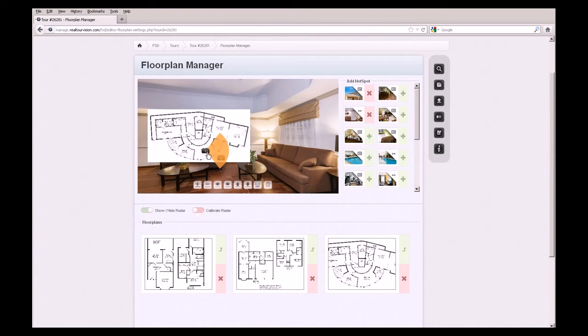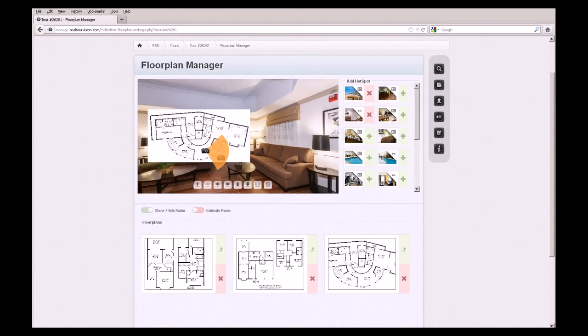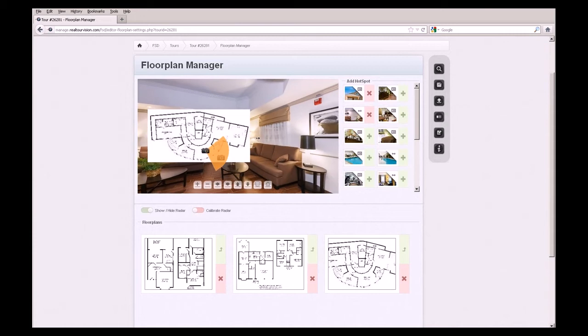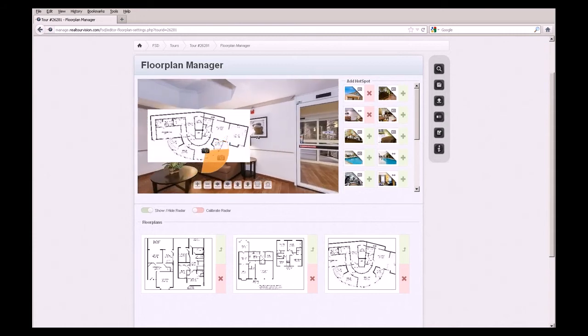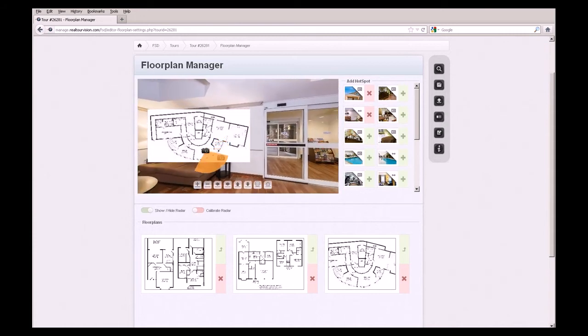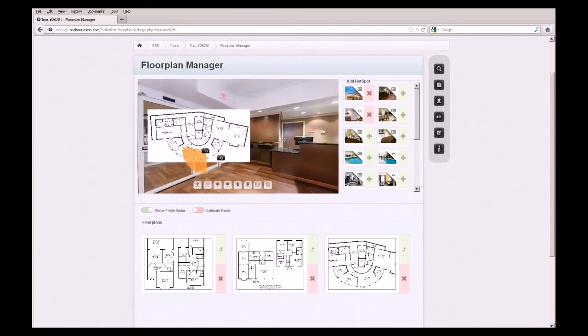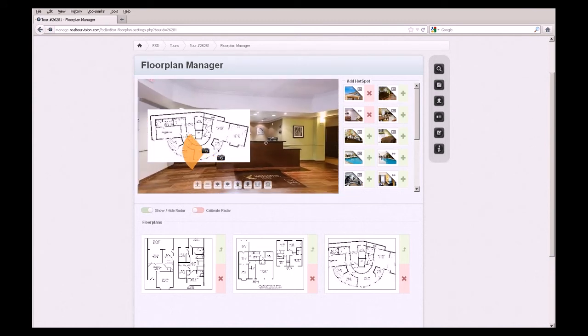You'll notice there's something new with this icon when I clicked to load the panorama. You'll see this orange pie-shaped area here, and this is called the radar. Now the radar indicates the view that you see of the panorama, which direction you're looking on the floor plan for this particular image. And you can see that as I rotate the panorama, the radar moves around as well, which continues to tell me which direction in this room I am looking at and how that corresponds to the